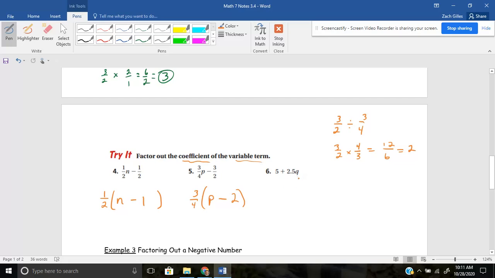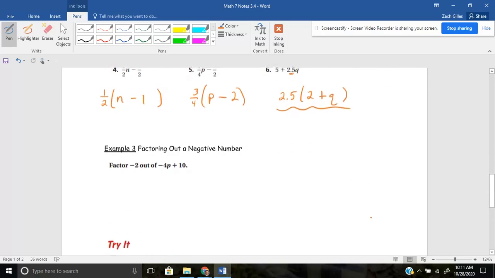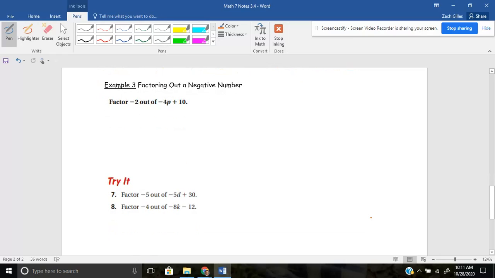And then lastly, I need to factor out 2.5 because that's the coefficient to my variable. So 2.5 is what I need to factor out. What is 5 divided by 2.5? Well, 2.5 goes into 5 twice. Plus 2.5 divided by 2.5 is 1. So 1 cubed. Here's my final answer. All right. That does it for those. Again, let me know if you have questions, and we'll move on here to our last set of problems,